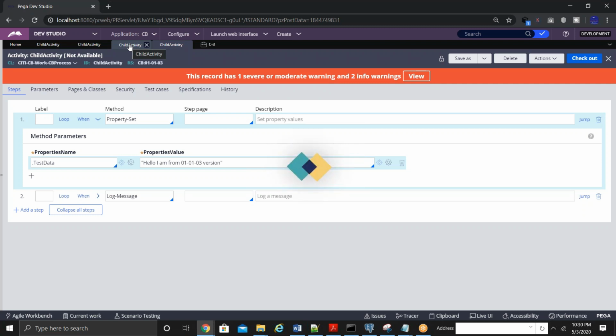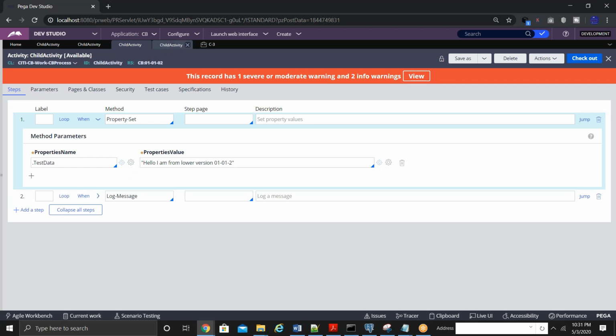When you set it as not available, it can be because of different reasons. Sometimes I added some new code in 03 version and it is not working as expected. So I just want to test how it used to work in 02 or in the lower versions. I would like to put this as not available and test how the lower version behaved earlier. Or is this an existing issue, or did I break something with my new changes? If you want to test the lower version code, you can do it this way.